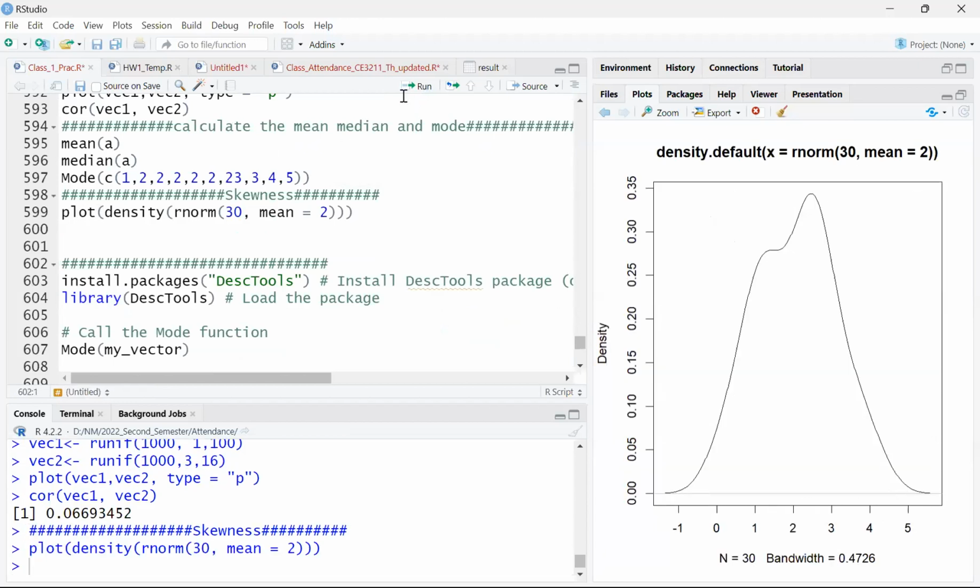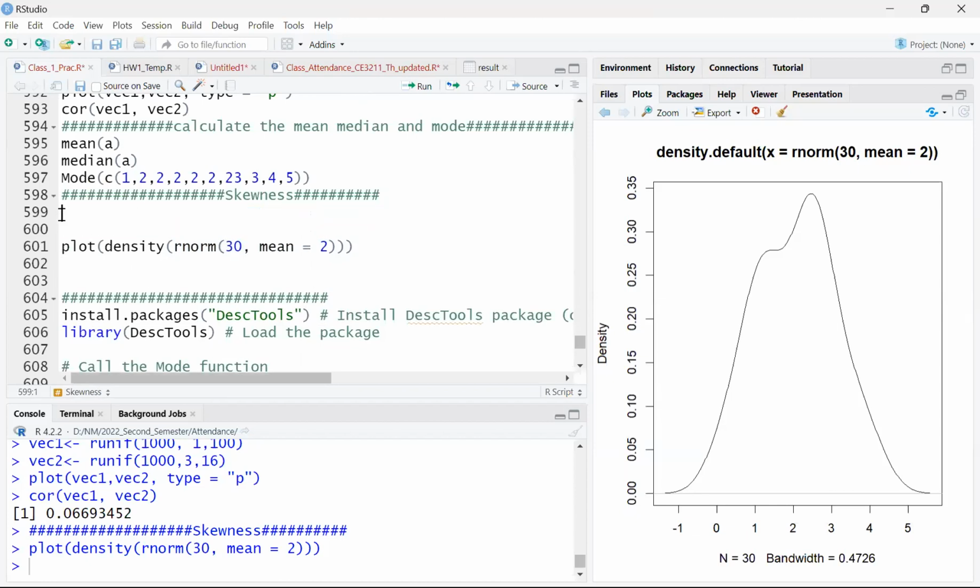Okay, so students, what do you think? What will be the skewness of this value? What would be the skewness? Okay, wait. Let me first save this value. Let's say this is vector 3. Okay. So in vector 3,